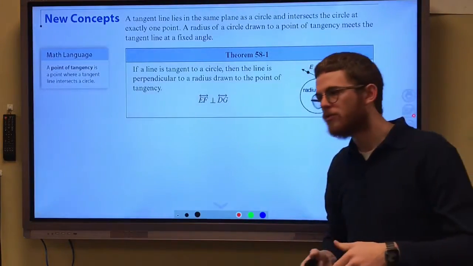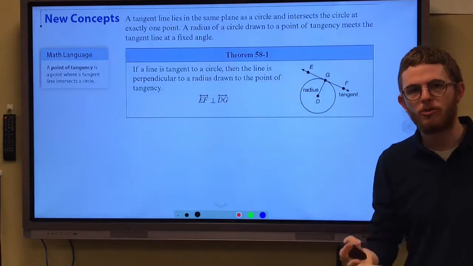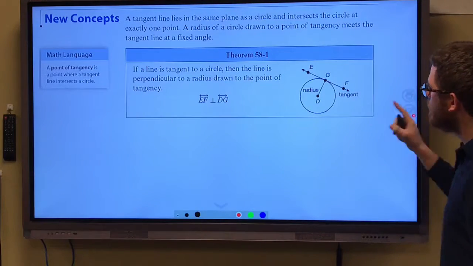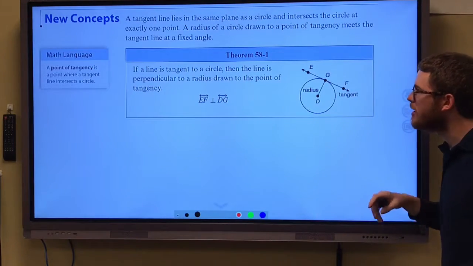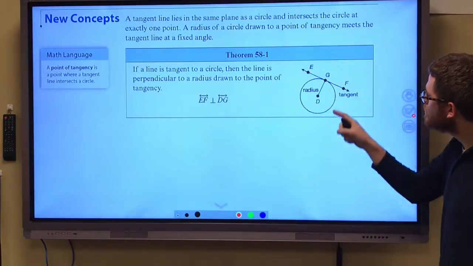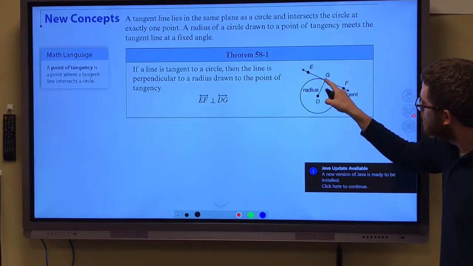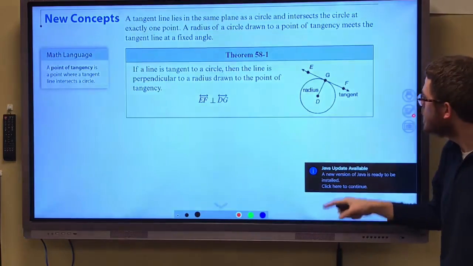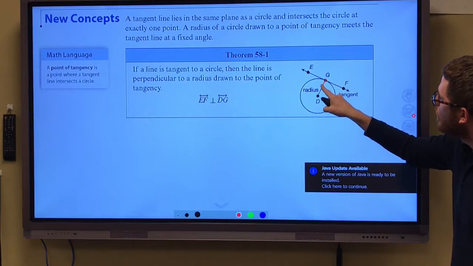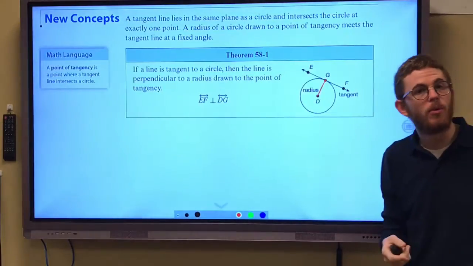Looking here at tangents to circles. We're looking a little bit closer at some special facts about tangents. The main one we want to deal with today is that if a line is tangent to a circle, then it's always going to be perpendicular to the radius, where an endpoint on the radius is the point of